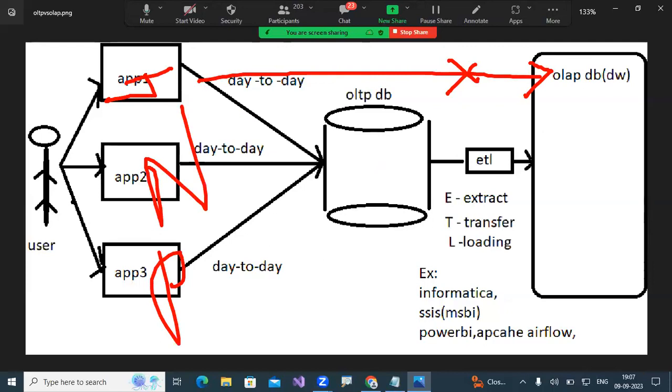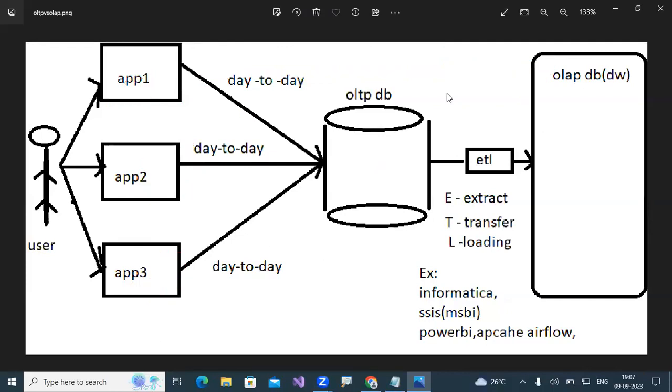This is the conclusion. And now, as per this conclusion, I'm asking one thing. Where does the OLTP database data come from? Apps, the online applications that we are using. From there it comes. OLAP database data comes from OLTP.